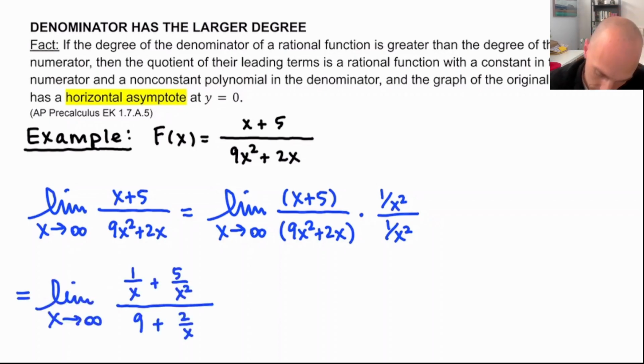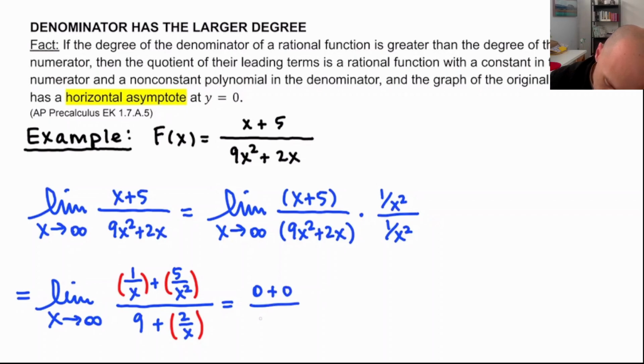And then, much like last time, I'm going to block off some fractions with red parentheses. And the idea with the red parentheses is these are fractions whose numerators are constant and denominators are growing as x approaches infinity, meaning those fractions that are blocked off in red parentheses, they're going towards 0. So this limit is going to equal 0 plus 0 divided by 9 plus 0. Well, that's 0 over 9, and that's going to equal 0. And so that's why we can just freely say,